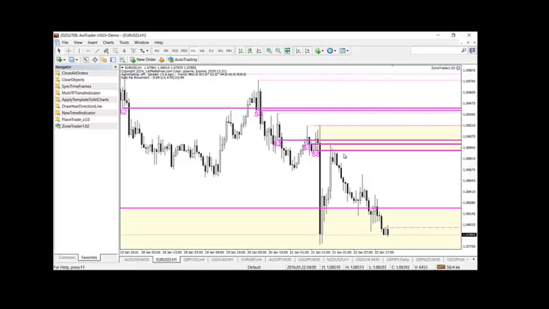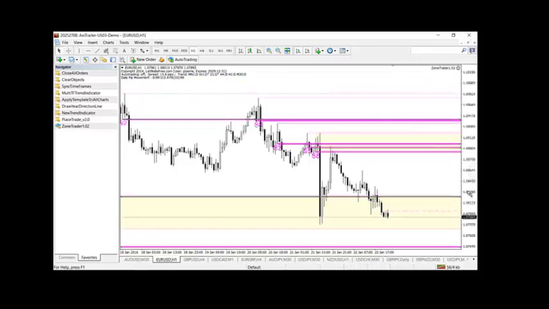Here you can see the 1 hour zone that was tested. A couple of zones, or 3 overlapping zones as it happened. It got through the first one, just touched the second one there before it dropped away. It came down to this zone. It's actually quite a deep looking zone, so I don't tend to like these deep zones because they tend to be